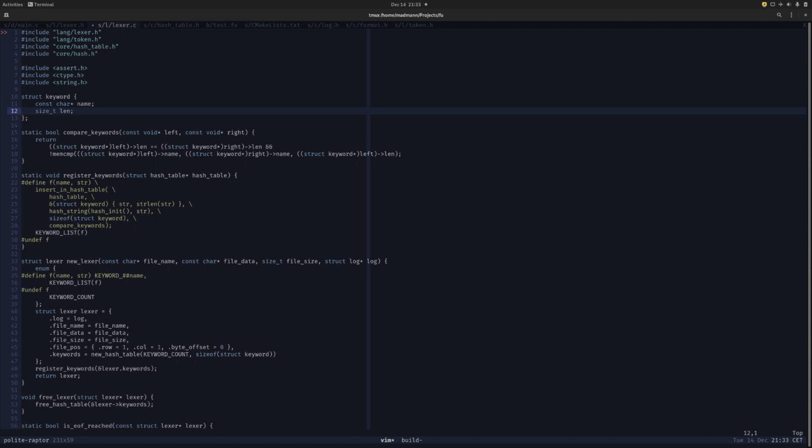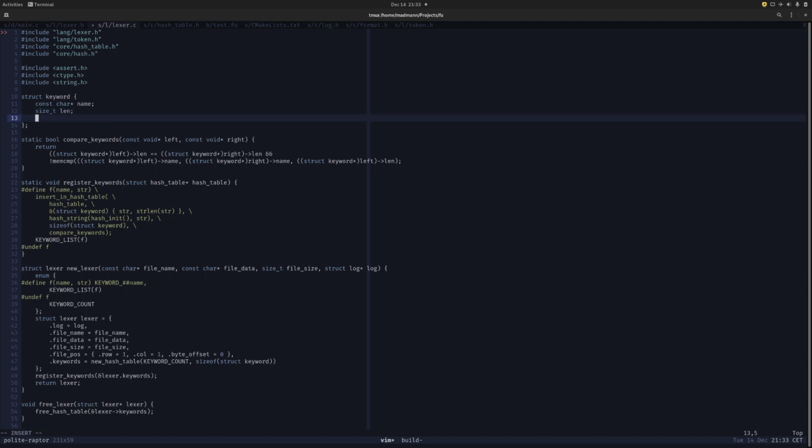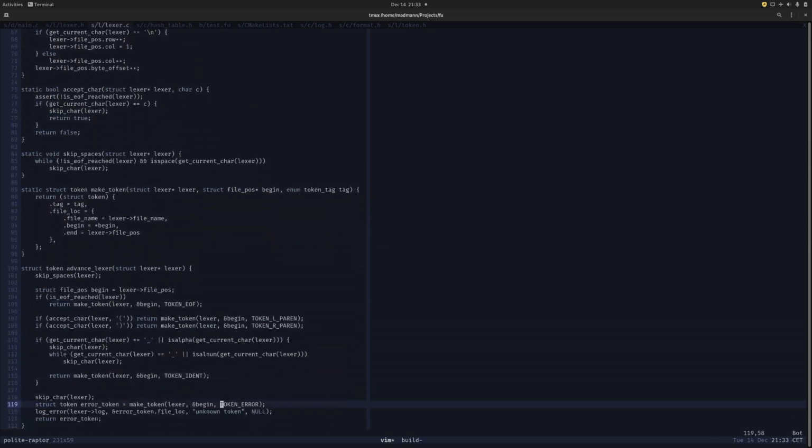So, well, maybe I could just add it here. Enum token tag. And instead of doing this, I'm going to add the tag, so it will be token name. That gives me the name of the token. Then I can just do this like that. Struct keyword